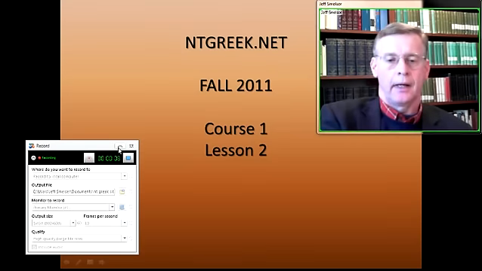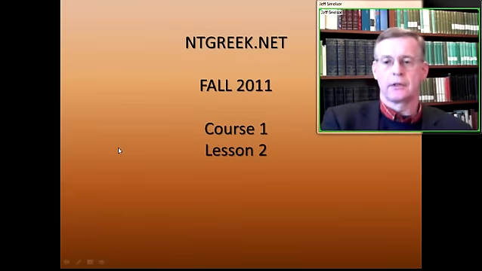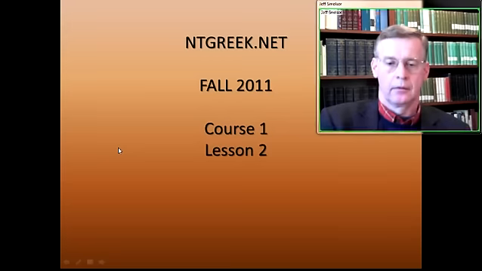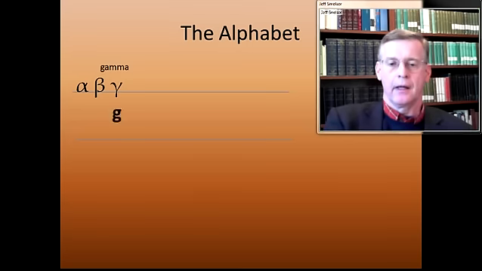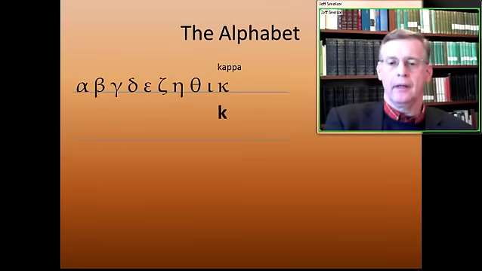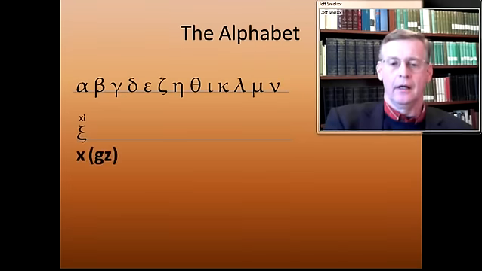We're going to start out by reviewing the alphabet that we talked about in Lesson 1. So we start with alpha, beta, gamma, delta, epsilon, zeta, eta, theta, iota, kappa, lambda, mu, nu, xi, omicron, pi, rho,